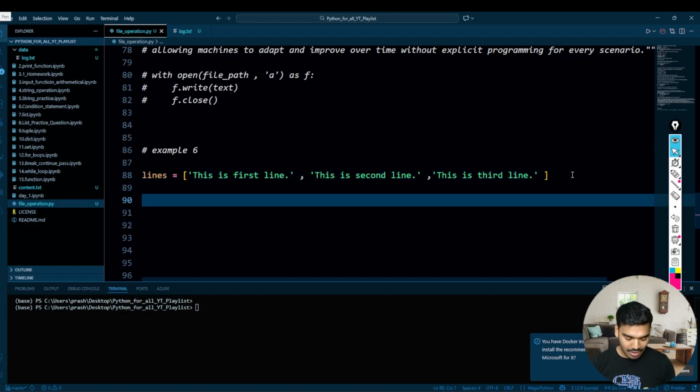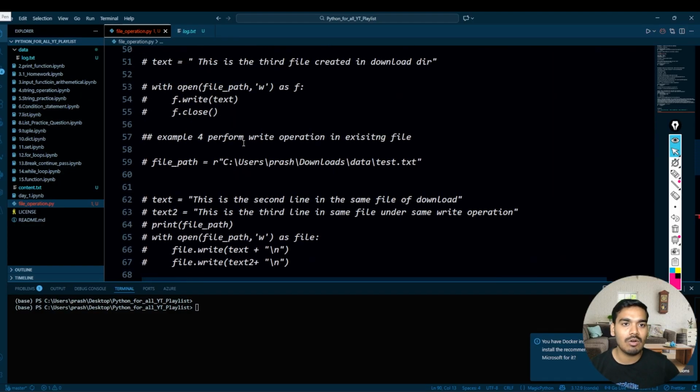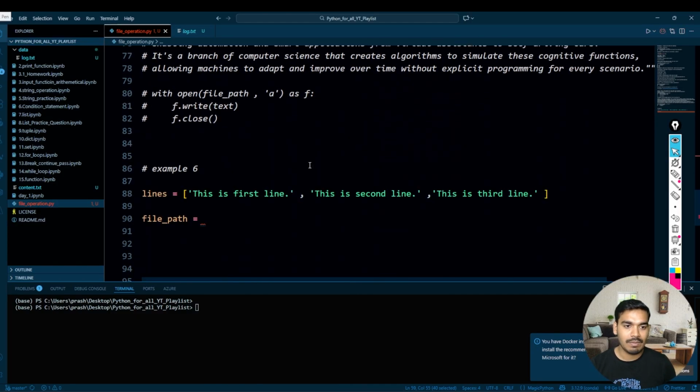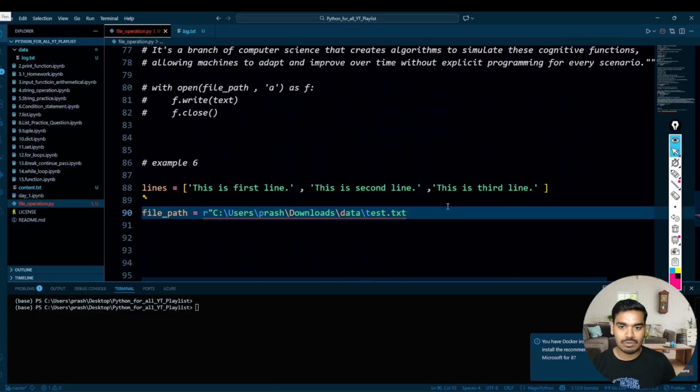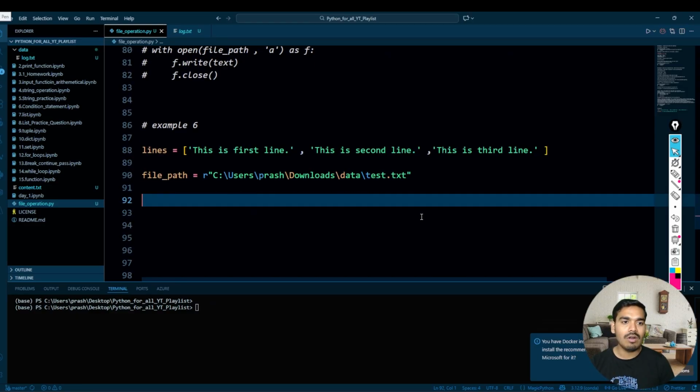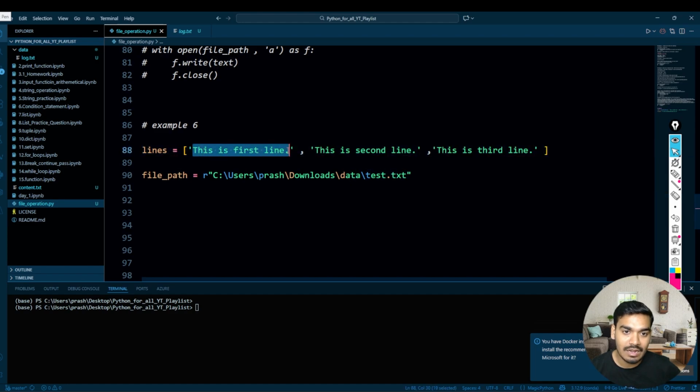So what I will do, I will create one new file path, or let's consider the file which we have already created. So I will copy the file path from here, which I already have in the download directory. Perfect. So I will copy and paste over here. And after that, I want to write these sentences, whatever is available over here in the list,